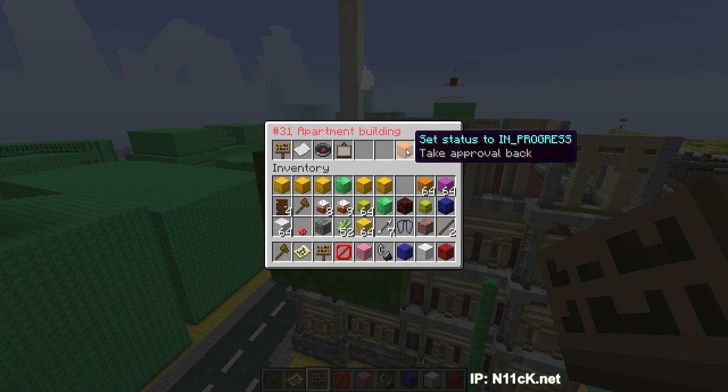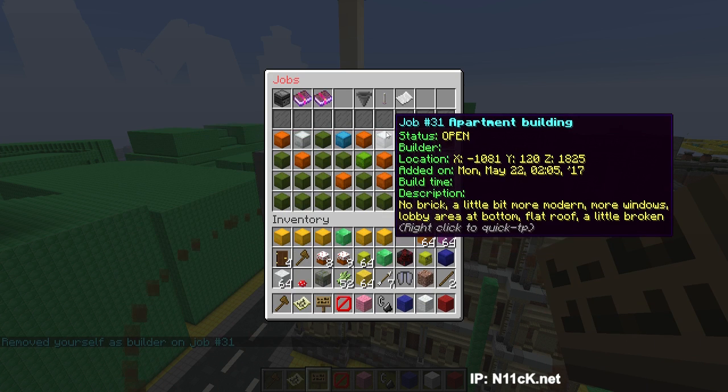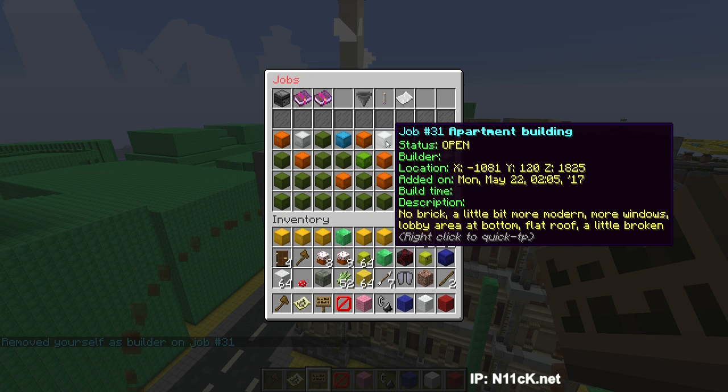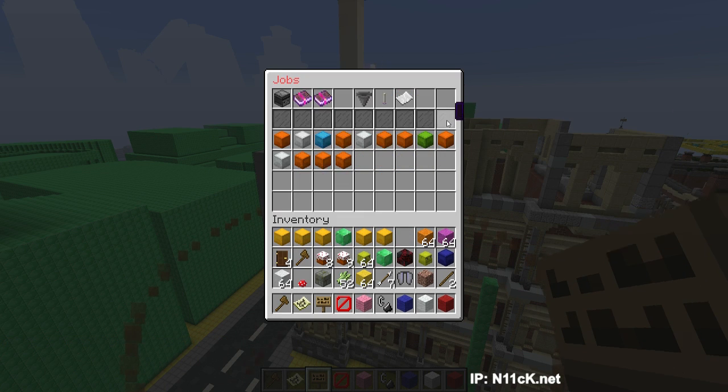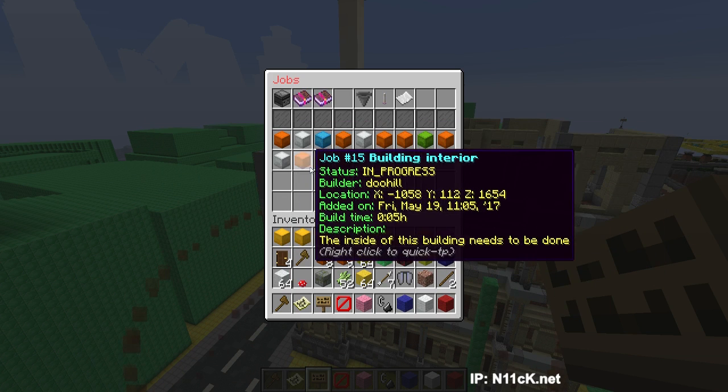one right here. I'm gonna set it back to in progress, and then I'm actually going to remove myself as a builder. There we go. So it's back to normal. Now this one is open and has no build time because I was standing still and doing nothing. Let's turn this off once again. There you go. So the more builders you have, the more active this list is going to be, and it